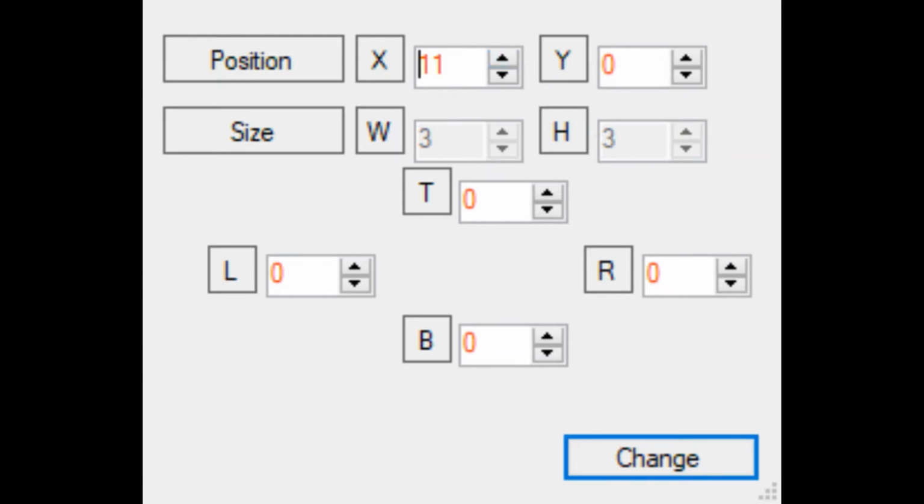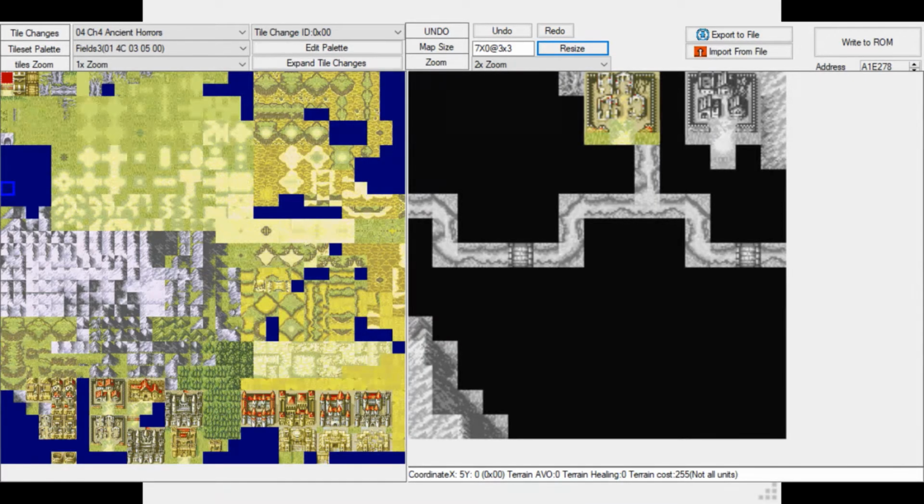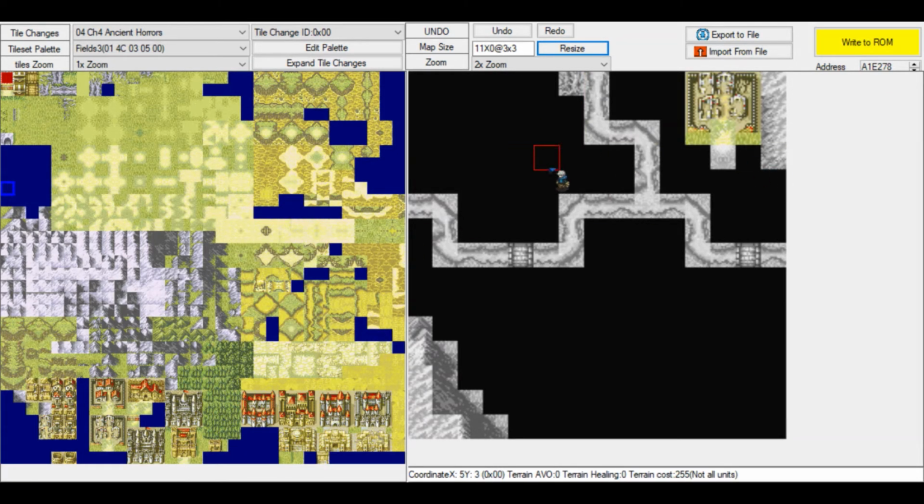Well, we'll see. Alright, let me get back to the map real quick. There you go. So I'm going to press on change, and if it's correct, the tile change of the destroyed village should now overlap on the regular village. Let's look. And there we go, it overlaps. You need to calculate that a little bit, but as you can see, it now overlaps.